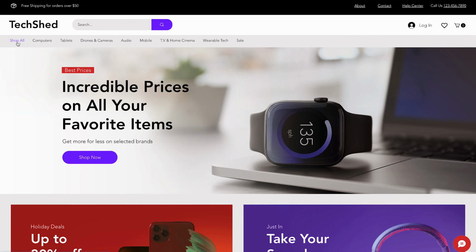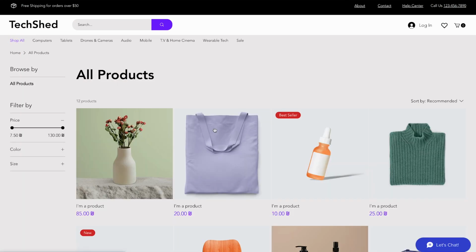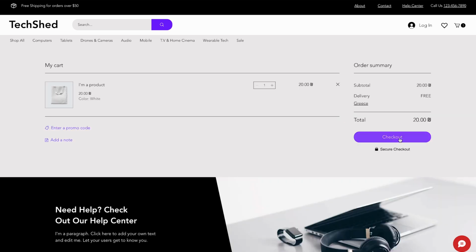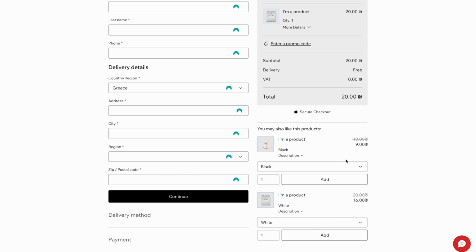All right, here is my test store. Let's go to any product and add it to the cart. And now when I go to checkout, I should be able to see that small bottle at a 10% discount. And then I should also see this one for 20% discount. Great. And as you can see, here are my two offers, the same product at 20% discount, and then this